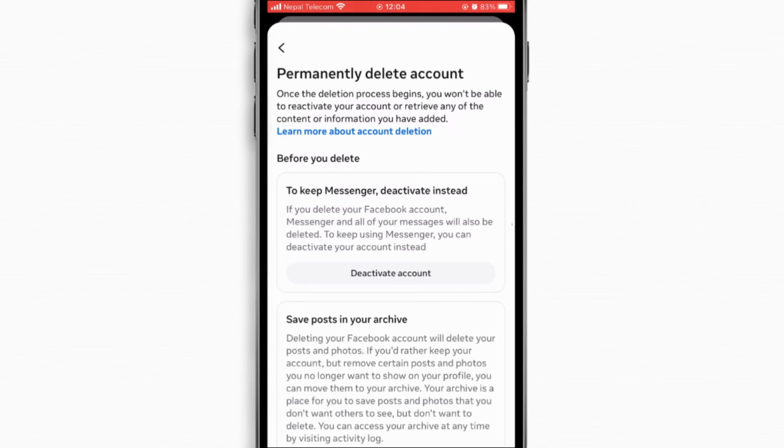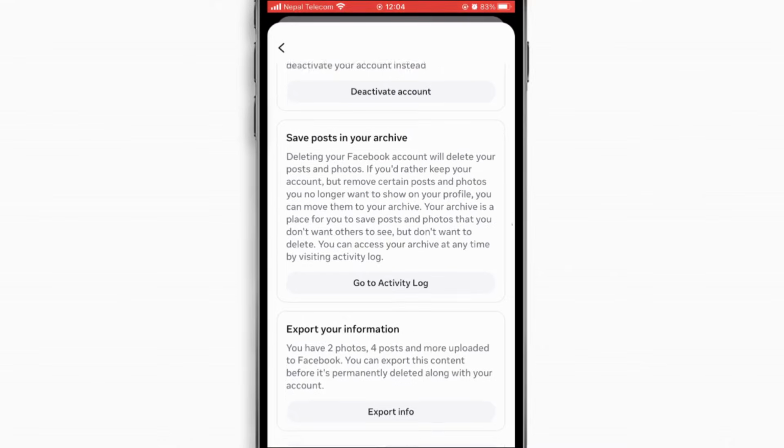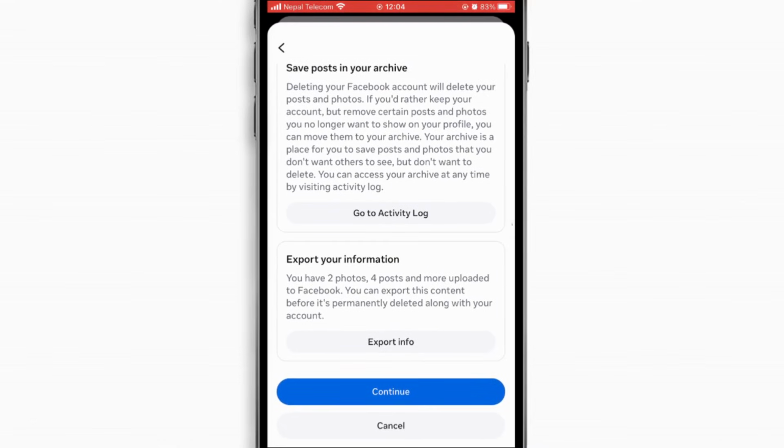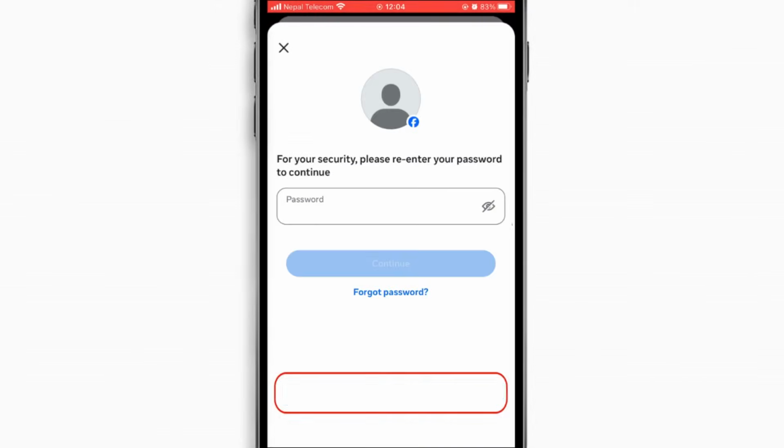Before continuing, Facebook may also give you options to download or transfer your information, such as your photos, videos, and other Facebook data. If you have anything important saved on your account, it's a good idea to download it before deleting your account. Once you're ready, continue through the confirmation screens and enter your Facebook password when requested, and tap